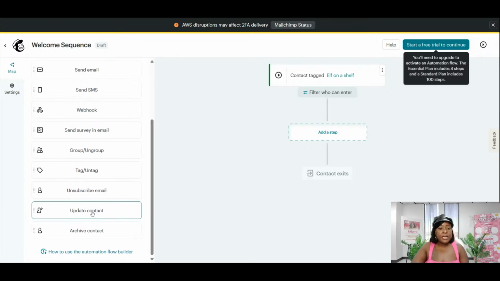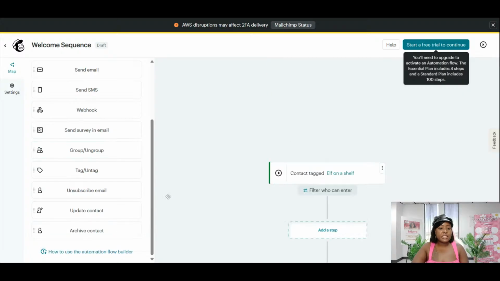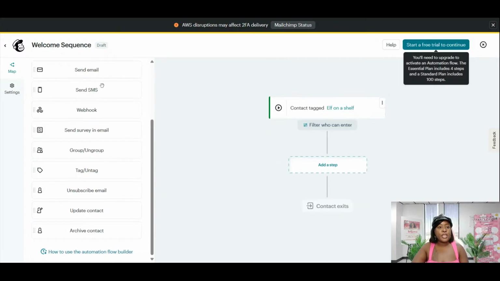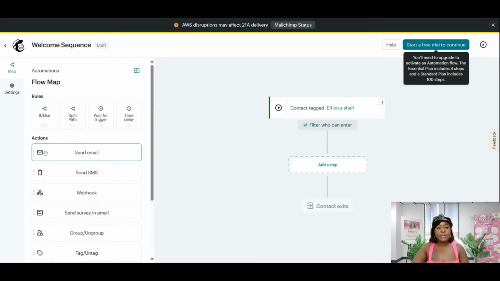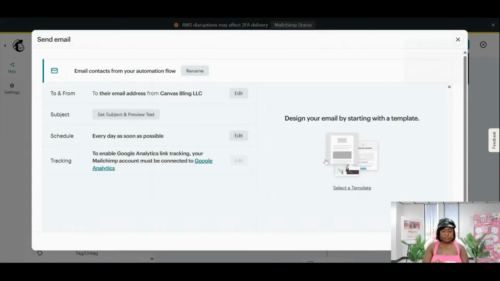Unsubscribe email, update contact, or archive the contact. So you choose what you want it to do. In this case, we're going to do send email. So I'm just going to click on this and drag it right here to one of my steps. Okay, once you drag it as a step,